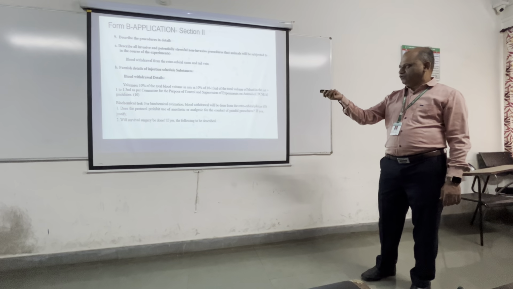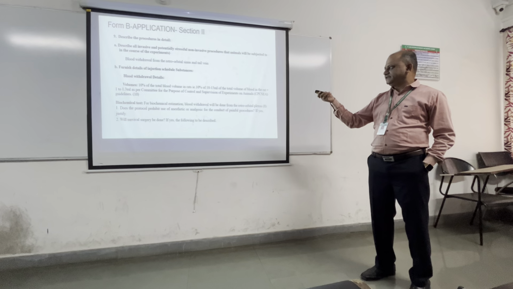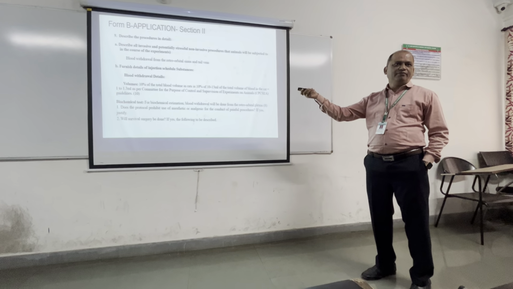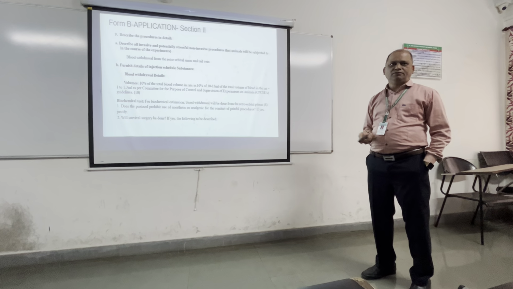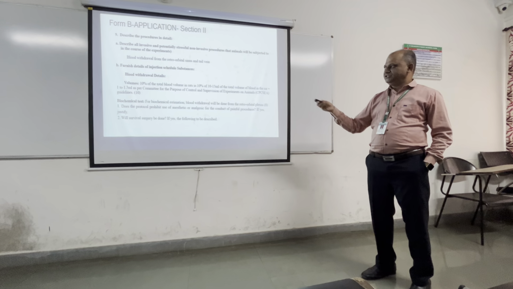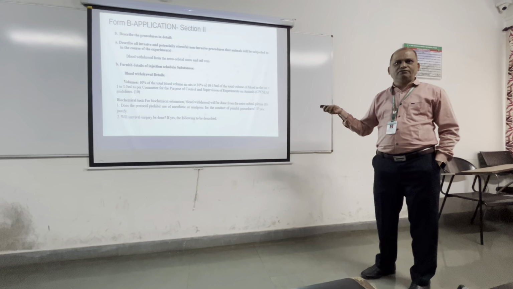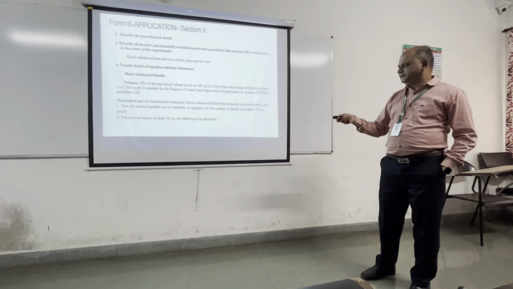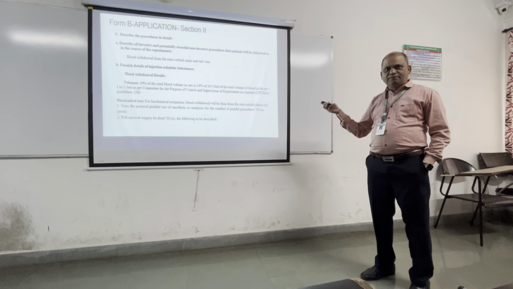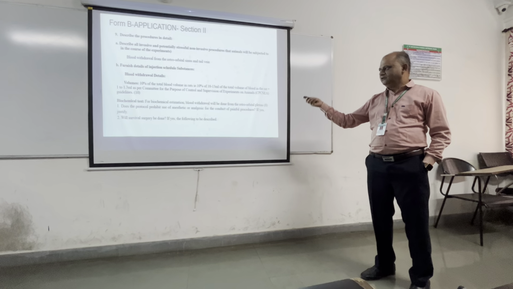Here it is mentioned that the volumes should be decided. 10% of the total blood volume in rats, which is 10 to 13 ml, so we have to take at maximum 1 to 1.3 ml. Accordingly, we have to decide the blood withdrawal, and you have to mention, according to the guidelines, the volume of blood which is to be taken from that specific animal. Biochemical test, which method you are going to use? After blood collection, which instrument are you going to use? Everything you have to mention in the protocol.